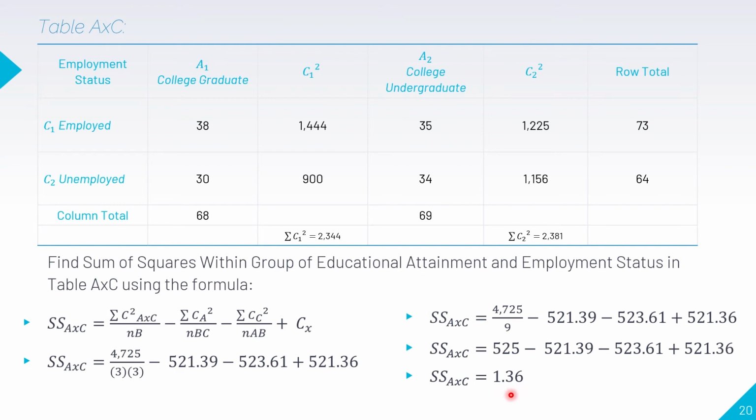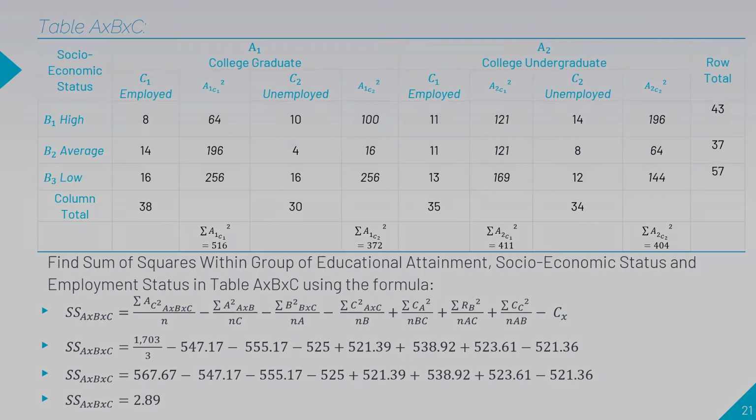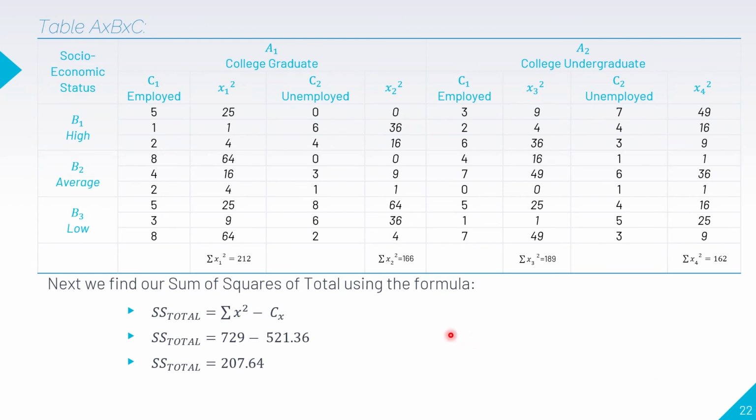and we have our SS A by C equals 1.36. Now let's find our sum of squares total using the formula SS total equals summation of x squared minus CX. To find our summation of x squared, we can use our table A by B by C. Here, we just need to square each of these. We have the total 212 in our summation of x sub 1 squared,